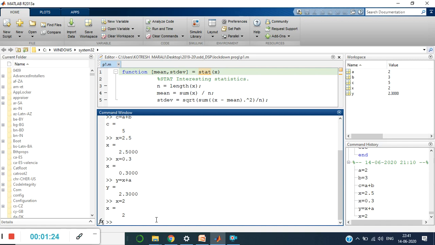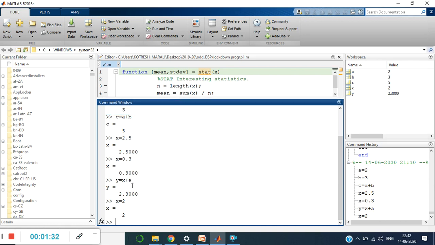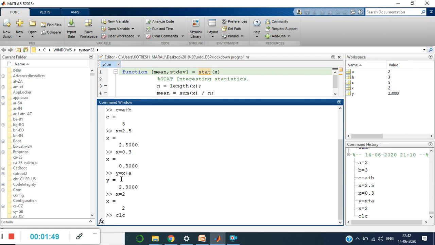Now moving further, if you observe this window, it is totally covered with all these values. Now I want to clear this. Let us start with the first command, to clear the command window. I have a simple command in MATLAB, that is CLC.